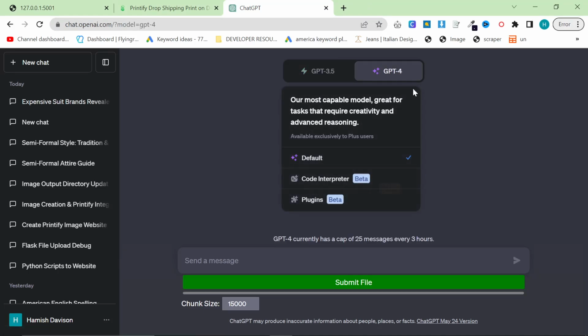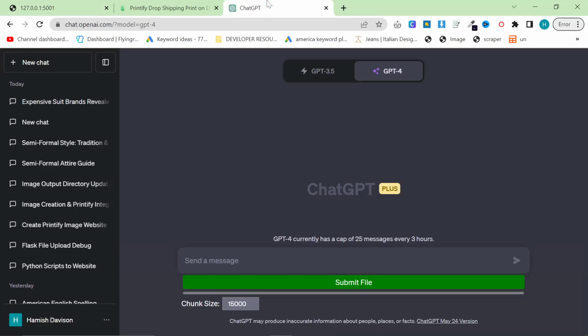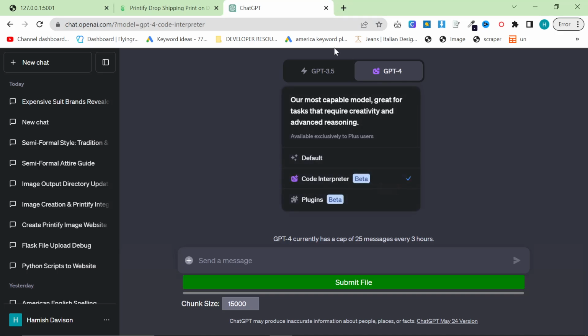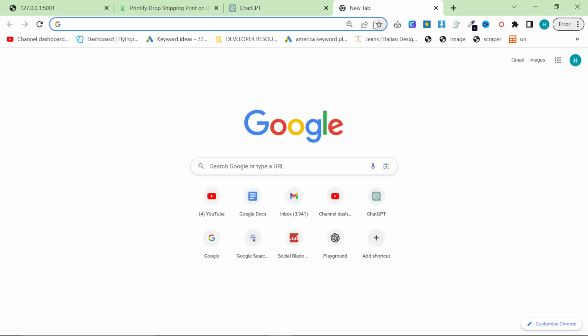So first of all, you're going to be using ChatGPT 4. You don't really need to use Code Interpreter, although it depends on what you're specifically doing. Code Interpreter can't run localized online environments like this right here. So for me personally, using Code Interpreter wasn't necessary, but we will open it just in case. So let's say we want to do a Printful